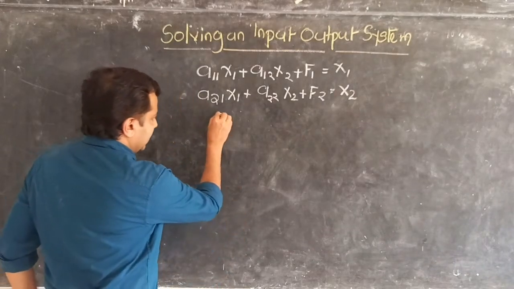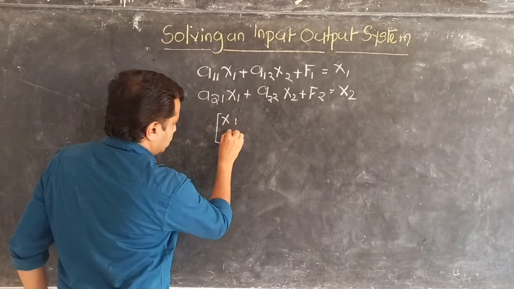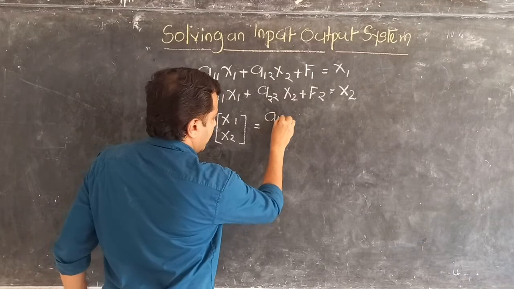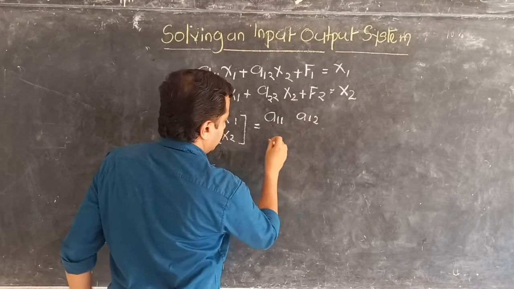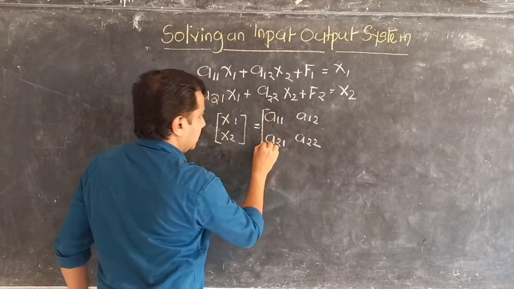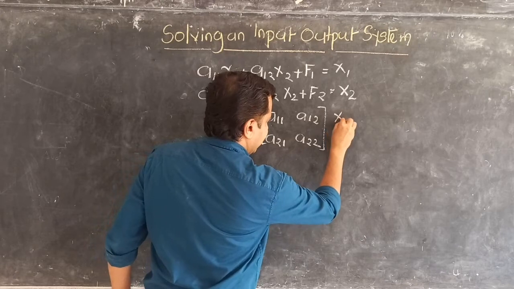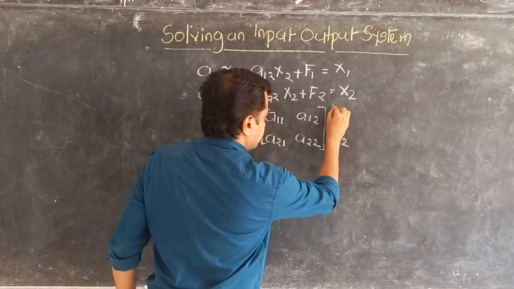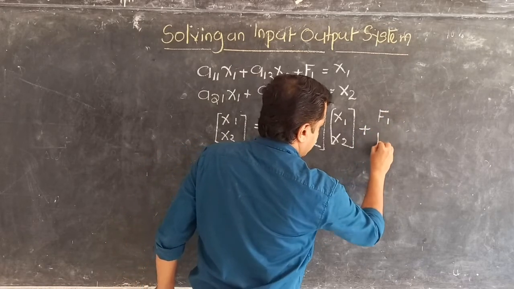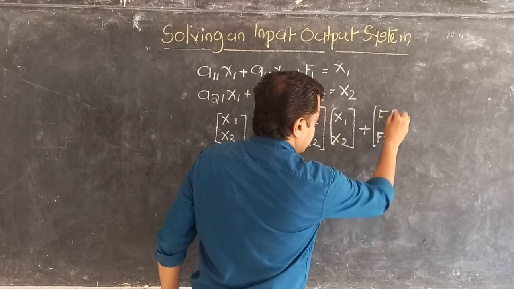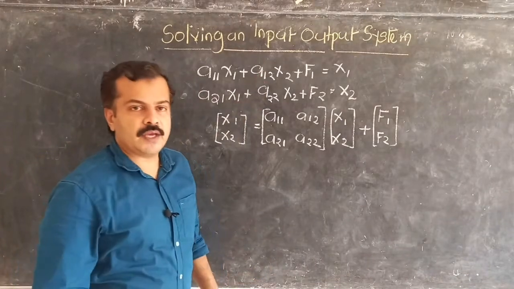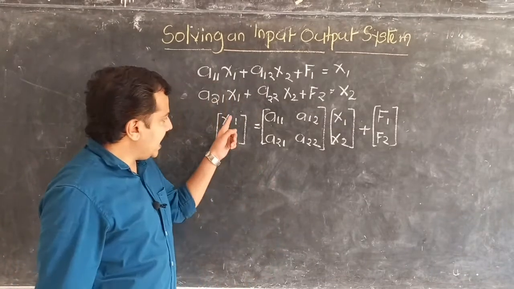We can have x1 x2 equals a11 a12, a21 a22, into x1 x2, plus f1 f2. So we converted our structural equation into a matrix form where we have a